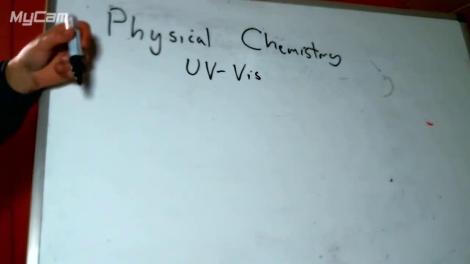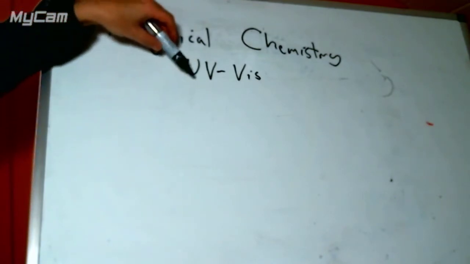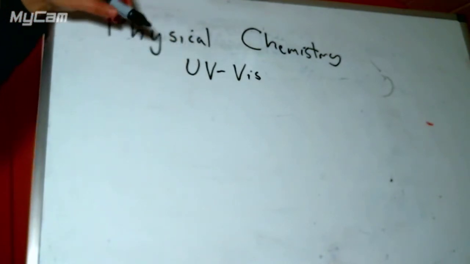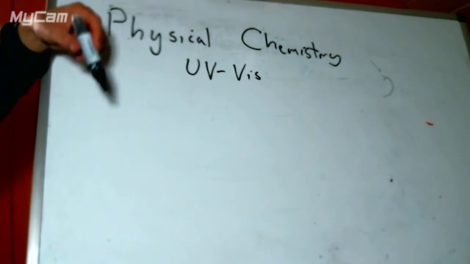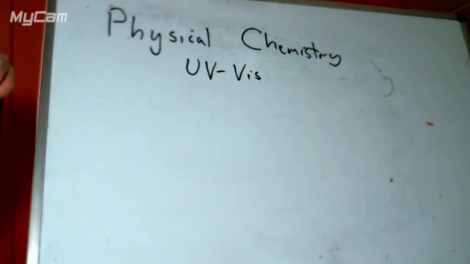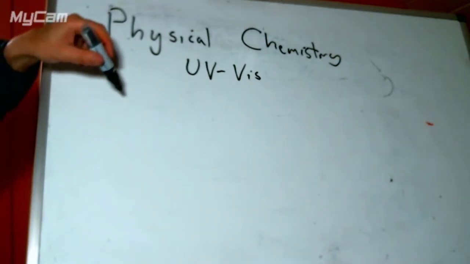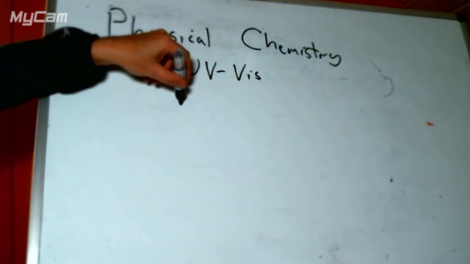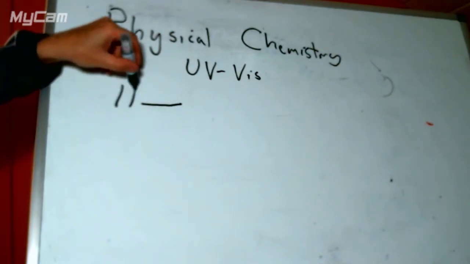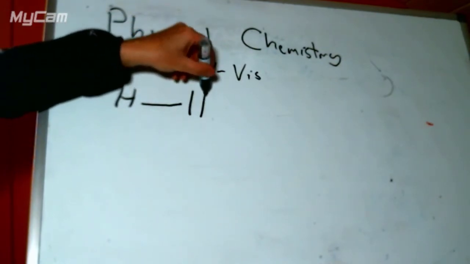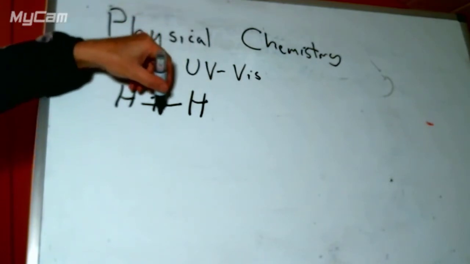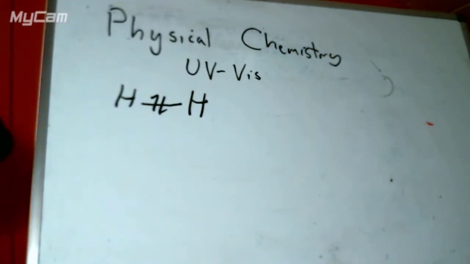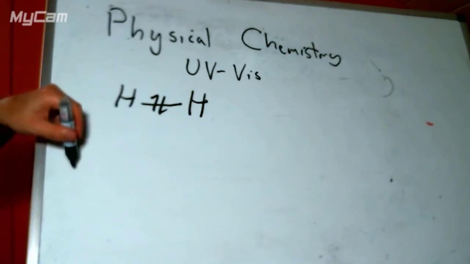So we're not talking about the nucleus anymore, we're not talking about the central electrons anymore. We're now thinking about the bonding electrons that can be actually doing something. So let's take the simplest molecule we can think of, which would be hydrogen, because it's only got one bond and it's only got 2 electrons in it. If we look at its